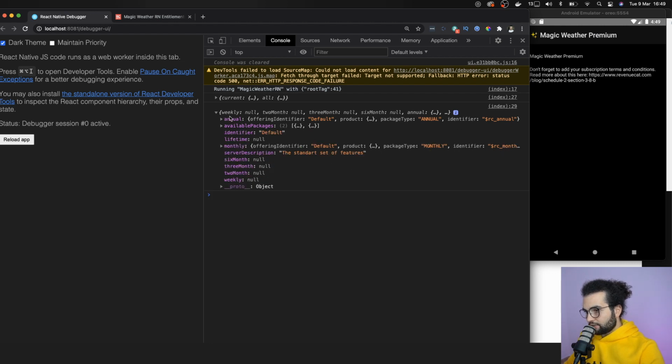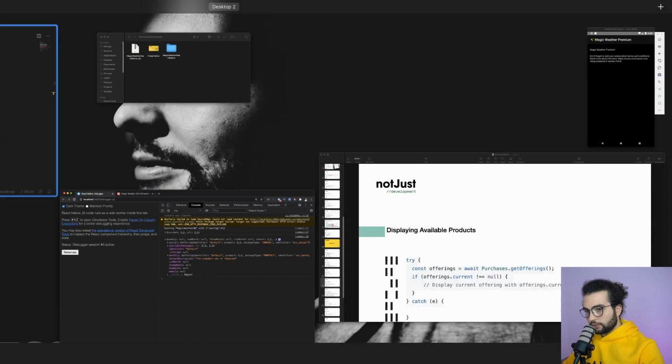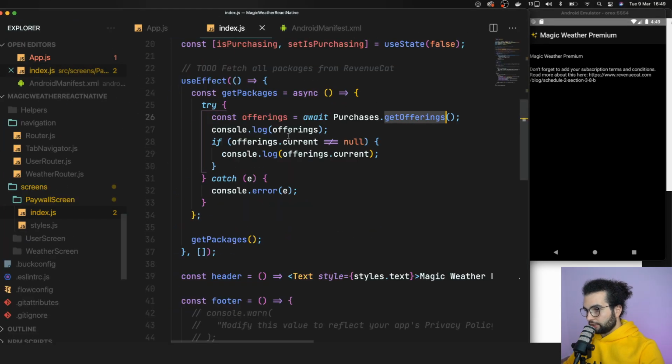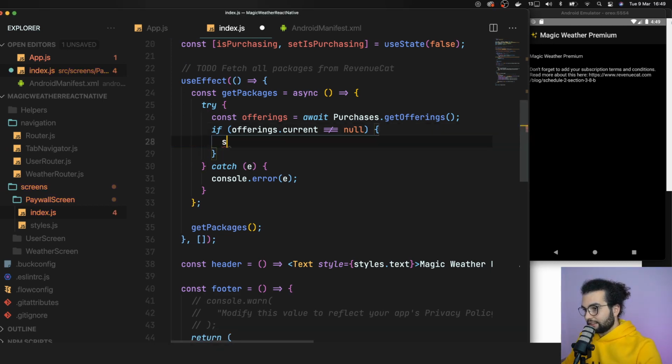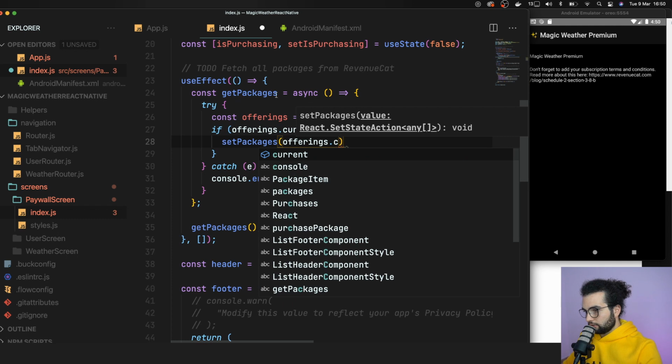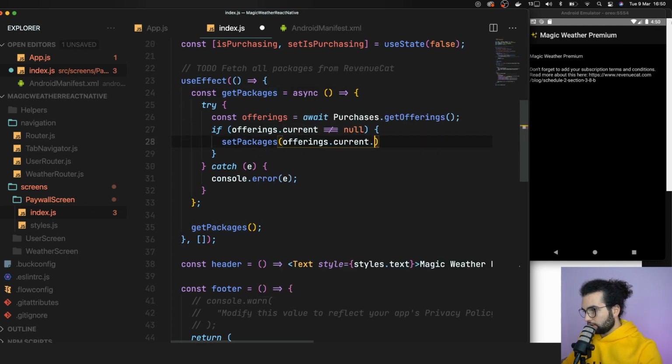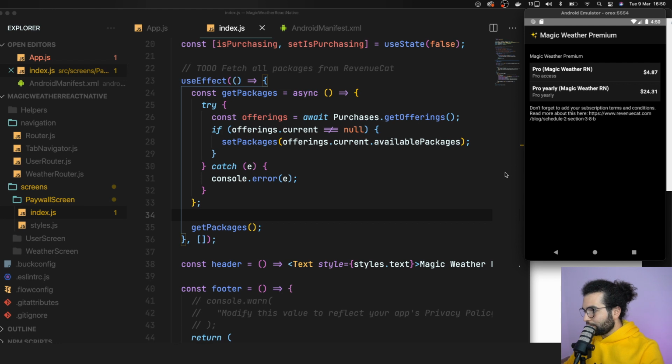And we can access them by calling, let's have a look here. Yeah, instead of console logging it, we are gonna set it in our state. setPackages will be offerings.current.availablePackages. Let's save now, and that's it. That's how you query the offerings, and now we are displaying it in our application,